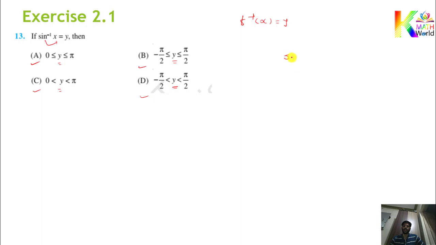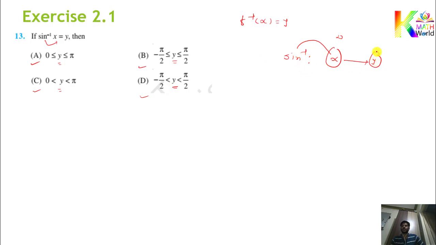It is like this one, sin inverse. This is your domain and this is your range. This is your function. Okay, so x must be from this one. Sin inverse applied on this one. Then what is the answer you got? Y. It means y must be from this one. So this is your domain and this is your codomain, or you can say range.